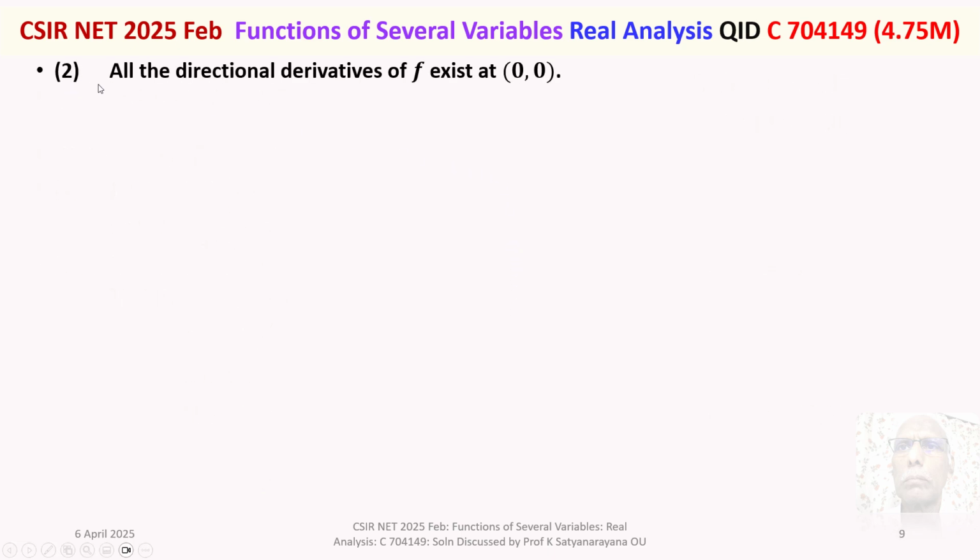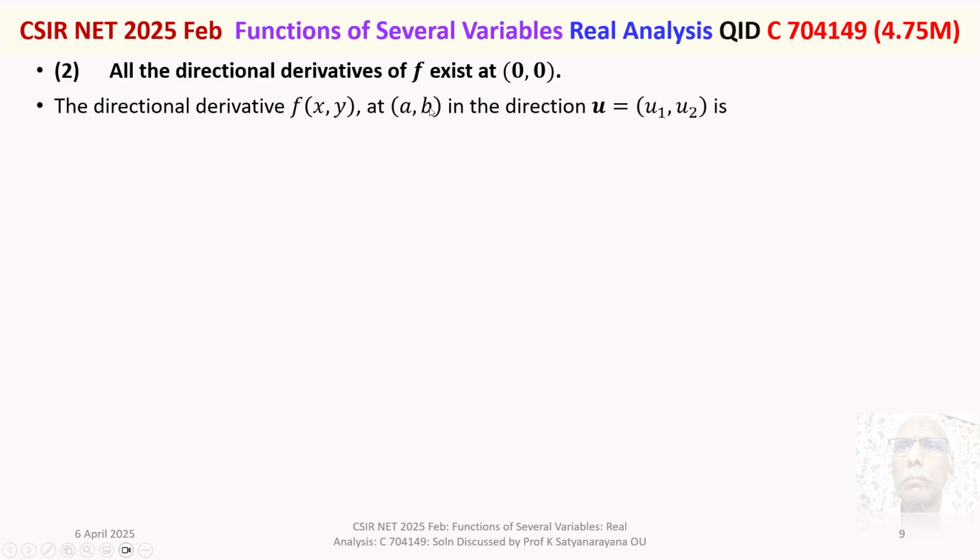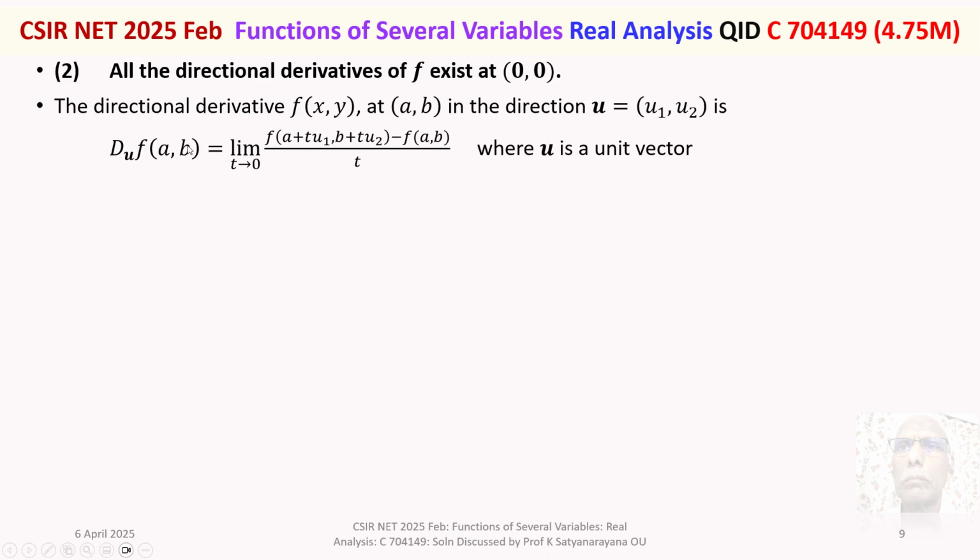So, option 2: all the directional derivatives of f exist at (0, 0). Let's recall the definition of the directional derivative of f(x, y) at a point (a, b) in the direction of the vector u = (u1, u2). The directional derivative of f at (a, b) in the direction of u is the limit as t tends to 0 of [f(a + tu1, b + tu2) minus f(a, b)] by t,